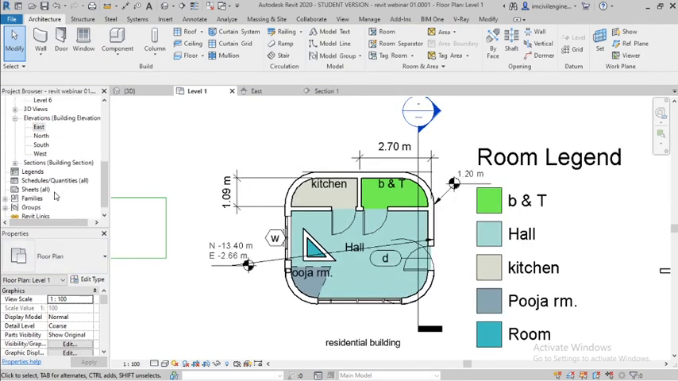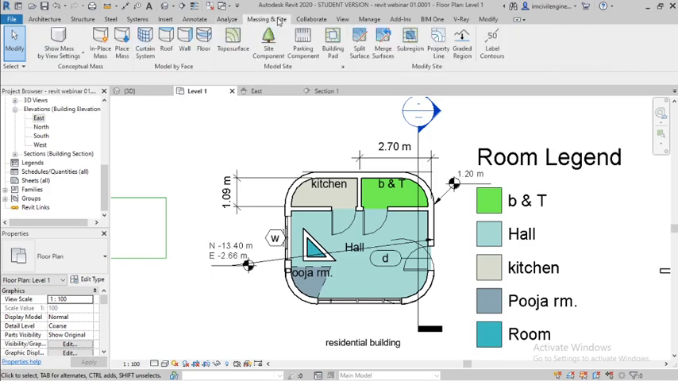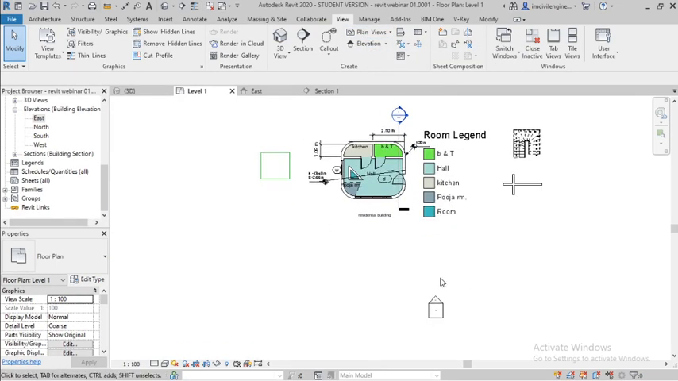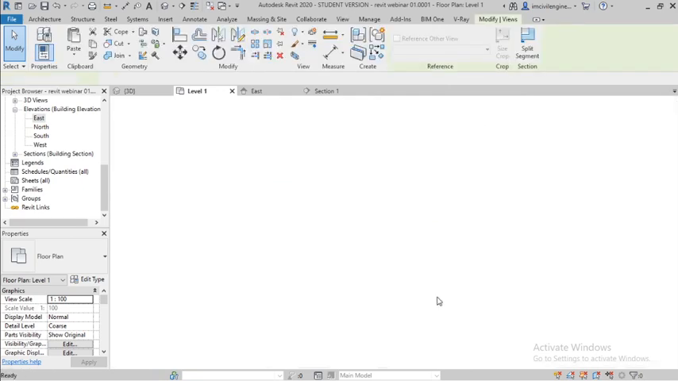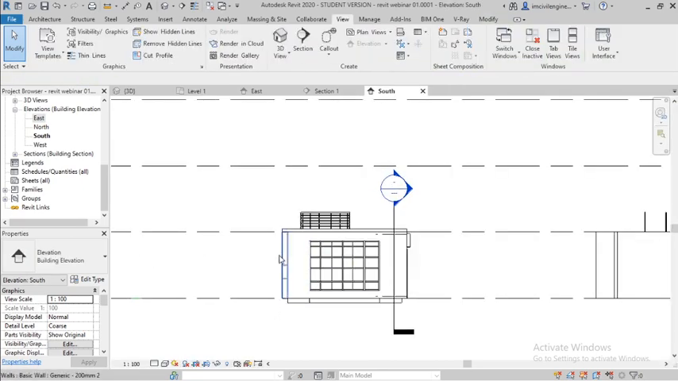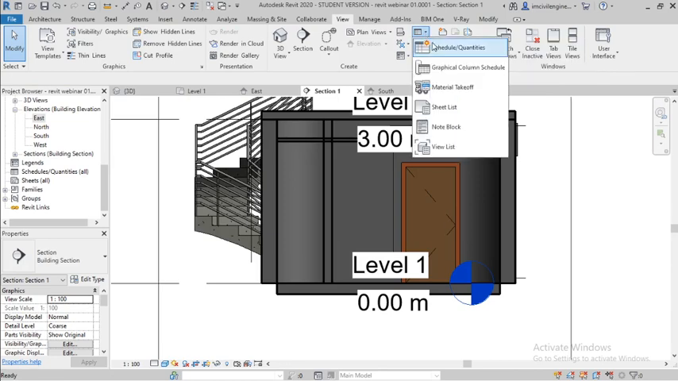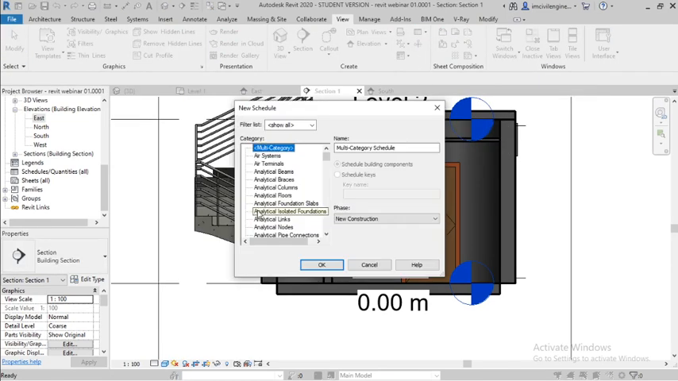Then go to one more option called the view command. View. Here is an elevation also. Elevation is nothing but this one also. If you click here, it will go directly to the elevation point. Then here is an option called scheduling. Go to schedules and quantities. Select